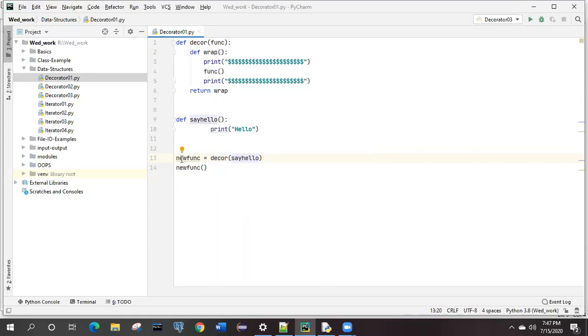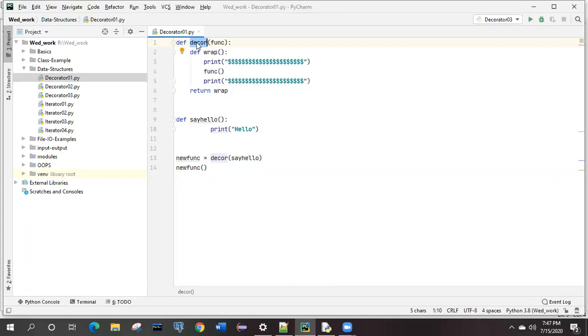So this is the execution and the entry point of this program. Somewhere in this program, it will search where the decor function is. First it will jump over here and find that this is the decor function, and it is asking for one parameter, with the name say hello. So if we are working on decoration, it will take the function itself as the argument.